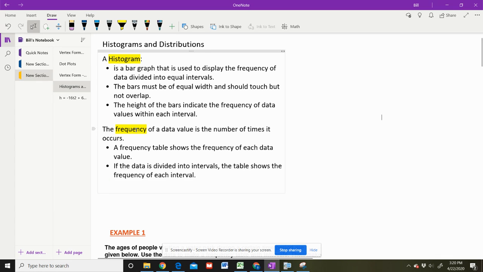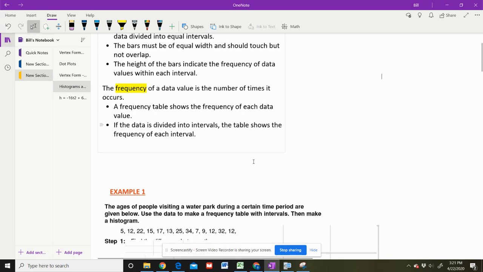And then the frequency, right? The frequency of a data value is the number of times it occurs. Our frequency table shows the frequency of each data value. If the data is divided into intervals, the table shows the frequency of each interval. All right, so I just wanted to give you the formal definitions of everything, but we'll jump right into it and